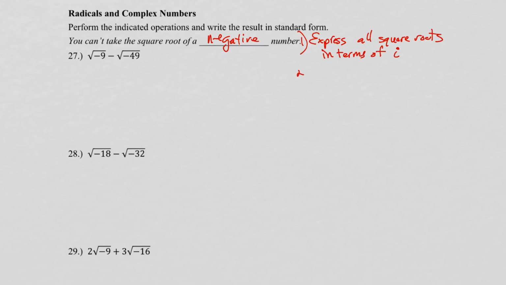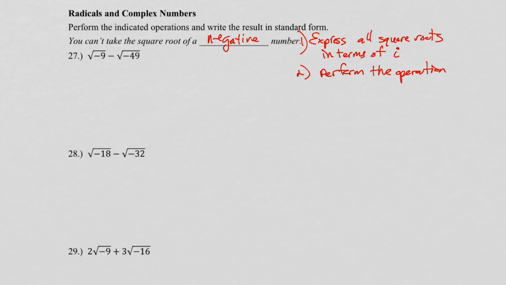Then secondly, you want to perform the operation, whatever it happens to be: plus, minus, multiplication, whatever. So if you mix this order up, you're going to get these wrong. All right, so for example,